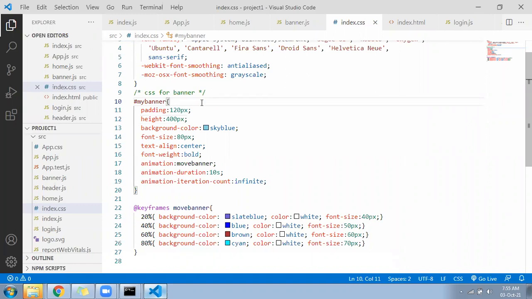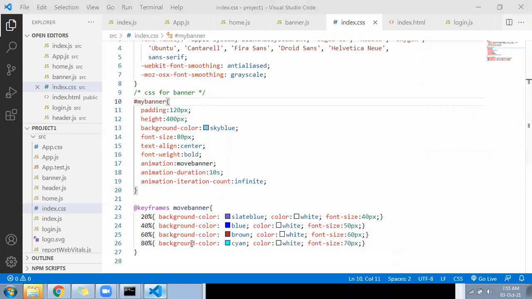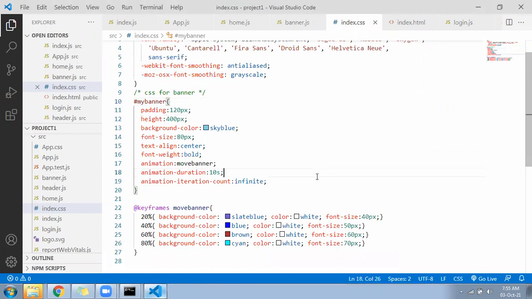Now we need to come to the home.js file for small changes. In home.js file, you have written h1, home is working. Remove that h1.